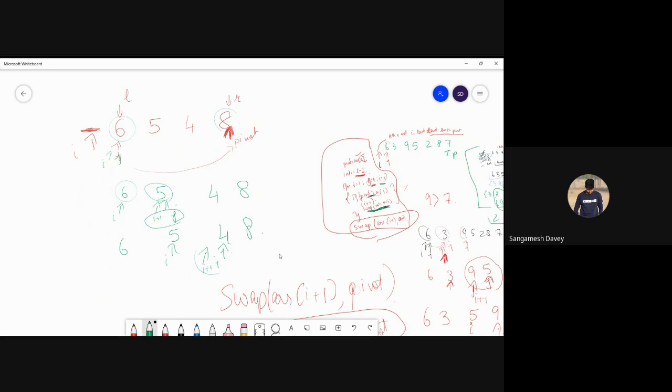After this, we have reached the end of the loop. What do we do after this? We swap ARR of I plus 1 and the pivot element. Correct? We basically swap 6, 5. I plus plus points here, right? I plus plus points the element over here. 6, 5,